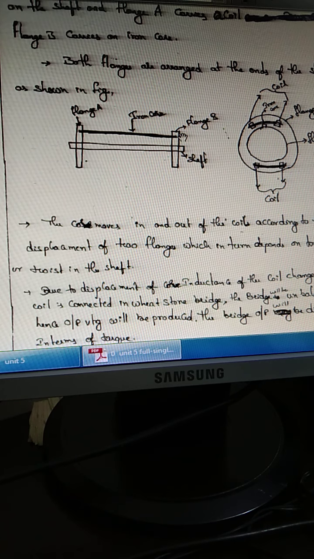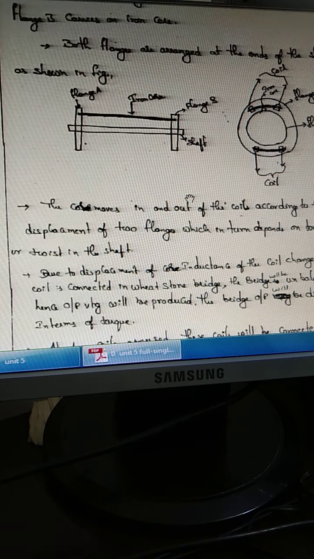Therefore, this flange B moves slightly ahead of flange A. Therefore, iron core in the flange A moves ahead under the coil. Therefore, inductance of this coil changes. When inductance of the coil changes, because this coil is connected in Wheatstone bridge, the AC bridge, its output voltage changes. By measuring the output voltage of the bridge, AC bridge, we can estimate how much angle flange B is rotated compared to flange A, which is directly proportional to torque applied at end B. So this is using inductive torque transducer.